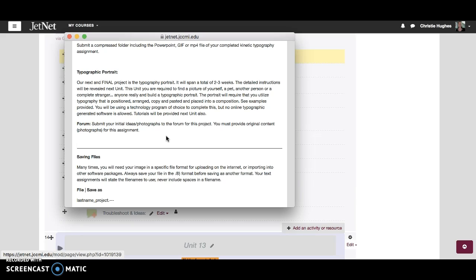of yourself, a pet, another person, or complete stranger. Anyone really it could be, and you're tasked to build a typographic portrait. So this portrait will require that you utilize type, and you're the one who's supposed to position, arrange, copy and paste it, and place it into the composition, whether you're using layers, where you lock the image behind and you